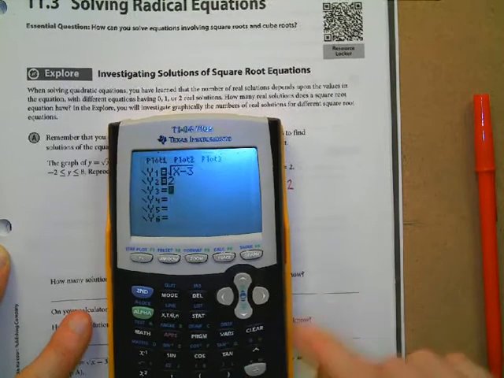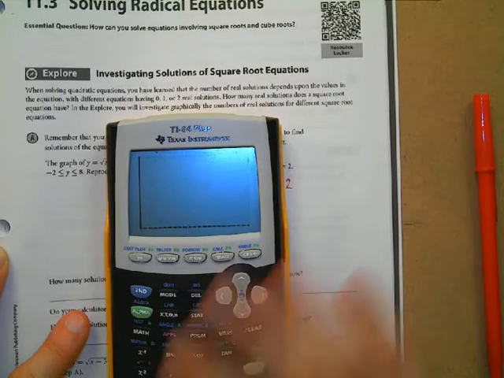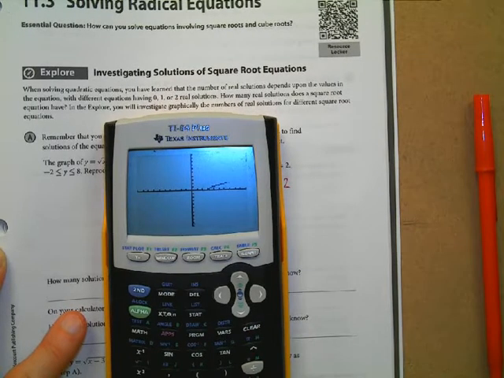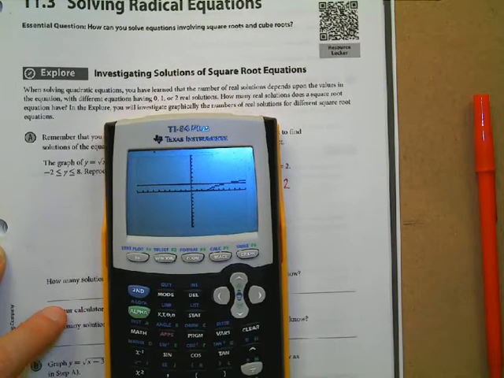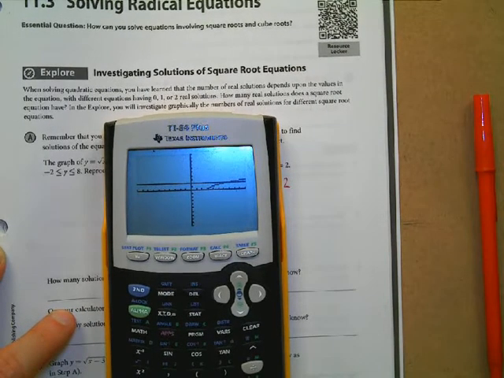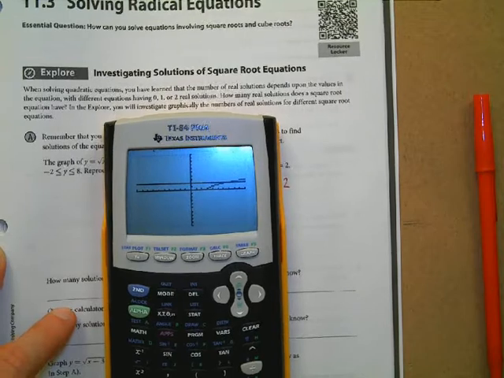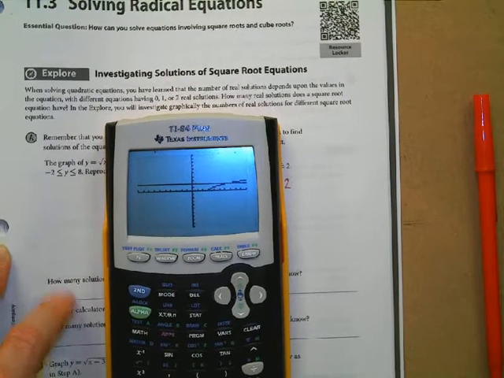According to our graph here, how many solutions does it look like our equation will have? One, right? There's one point where they're going to intersect. We know that the square root is going to continue to increase forever. This is a horizontal line, so they only ever intersect at one point. So it looks like one option when we solve a square root equation is that we're going to